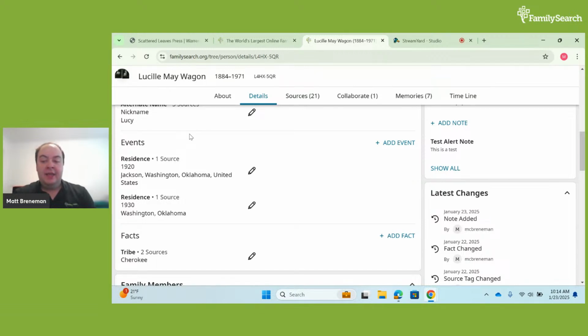And next you can add any facts about a person, and those can include religion, description, physical description, or other facts. For example, here I have the tribe she was a part of, the indigenous tribe, as she lived on the Five Nations Reservation in Oklahoma.